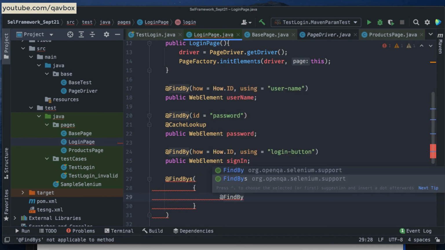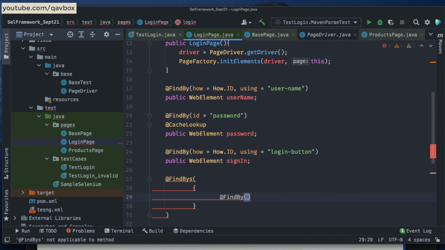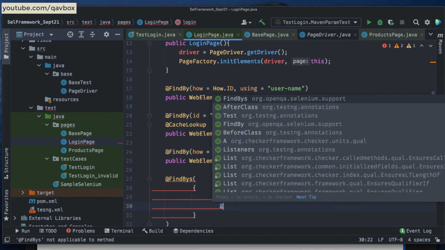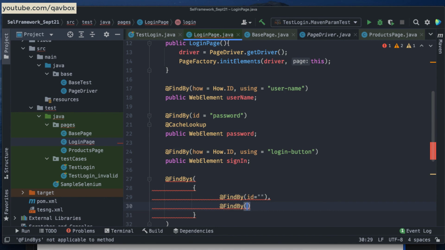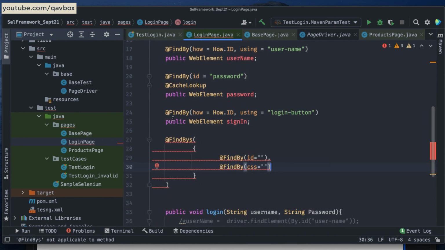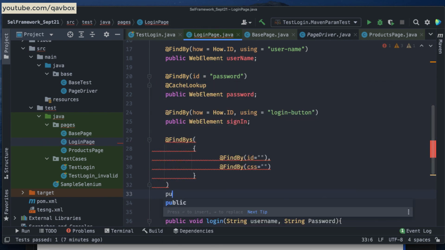So you can say like this, and then after that you can say id equal to something, and then you can give a comma, and again give a find by, and say, let's say that you want to go for css equal to something. Now every time you are using this find bys, let me just make this one public.